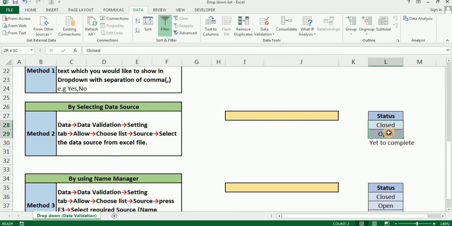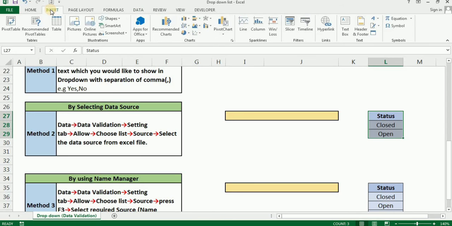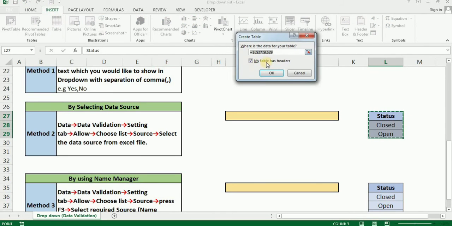What you need to do is select the data source and apply the table format. You can also refer to my other video on how to create a table and format the table. You can go to my channel page and find it. But I'm showing you in short how to create a table, right? So I'm selecting the data source, going to Insert and Table, and my table already has the header, so I'm pressing OK, right?